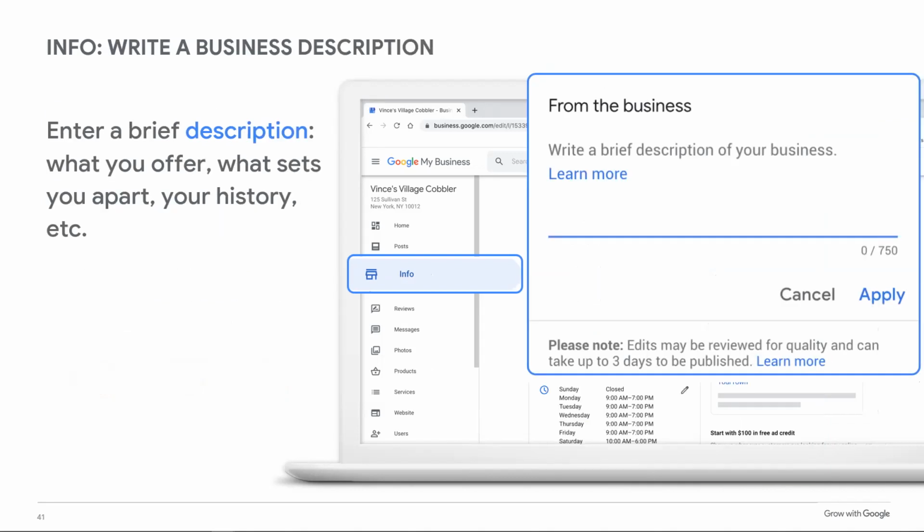It's huge. Okay. Then a brief description of what you offer. This is what gives you the opportunity to set yourself apart from your competitors. Okay. It's a short description, only 750,